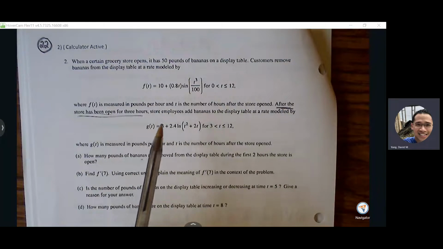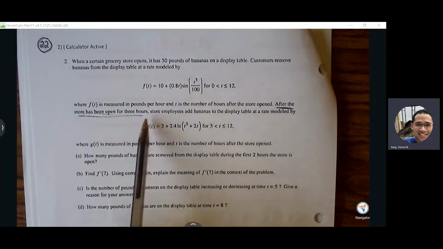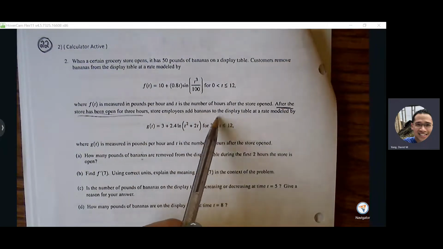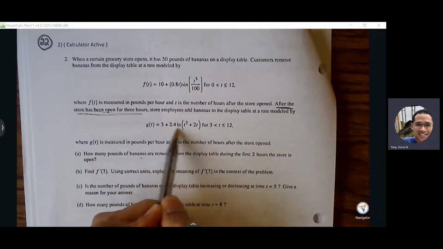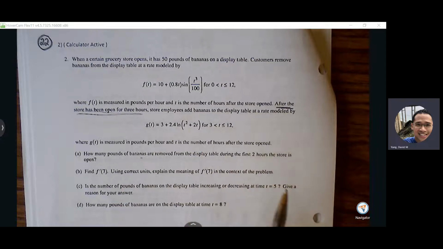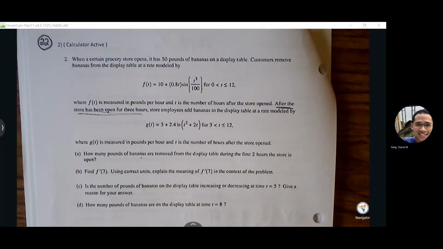And after enough bananas have been removed from the display table, store employees begin adding bananas to the display table, and then we start seeing this g of t show up. Right? g of t is measured in pounds per hour, and t is the number of hours after the store opens. Okay, so part A,